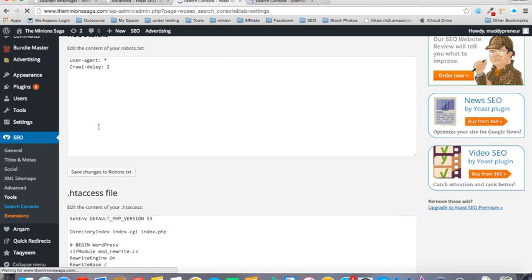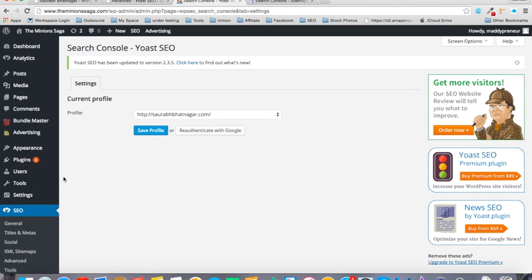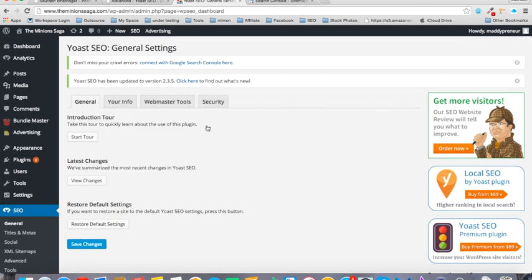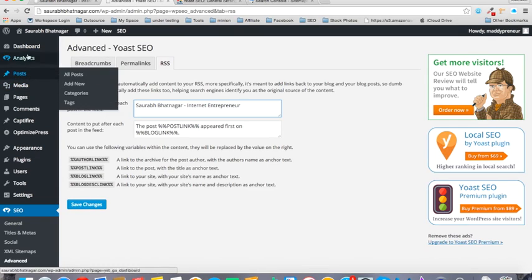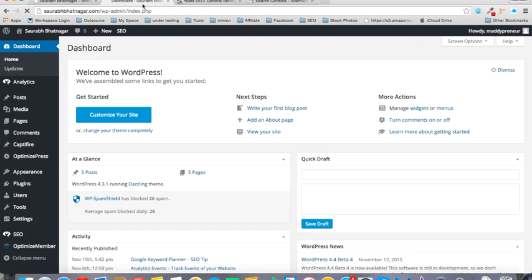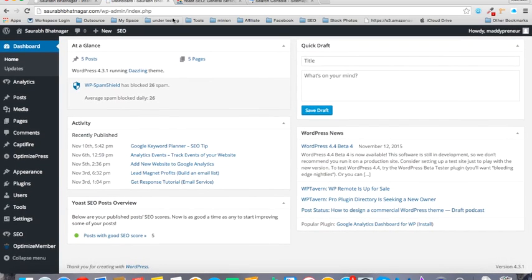And yeah, all the settings are done. Now I will show you how you will use your Yoast SEO plugin. So I will click on my dashboard. This I can do simply with